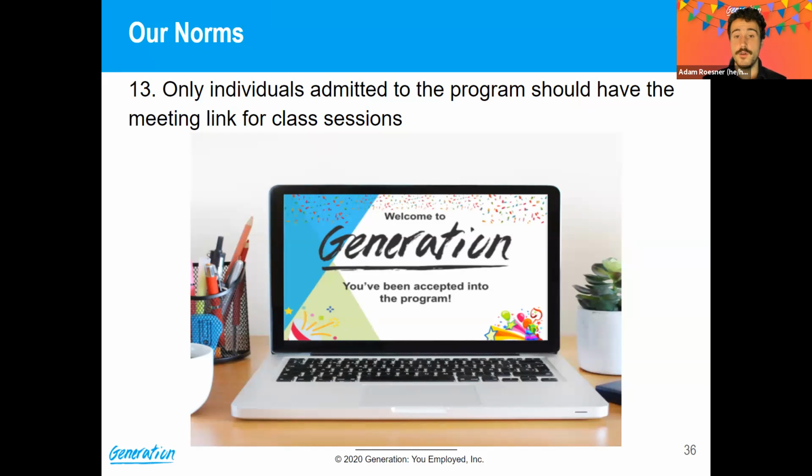This applies not only to people whom I have not seen before, but to people who log on and their screen name is not their name. I want your screen name to be your first name and your last name. It's okay if you go by a different first name. I know we have a couple of Bethlehems in this course who go by Betty. That's fine if you put your screen name as Betty. That's perfectly acceptable.